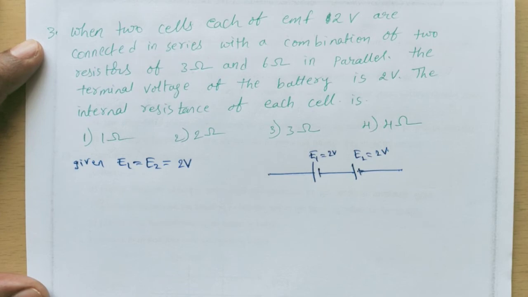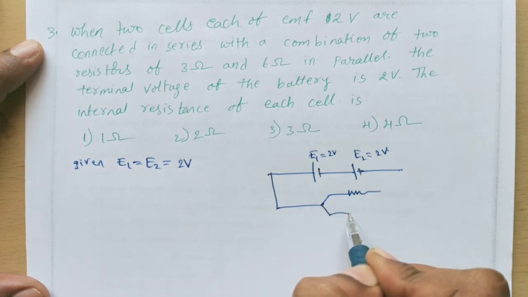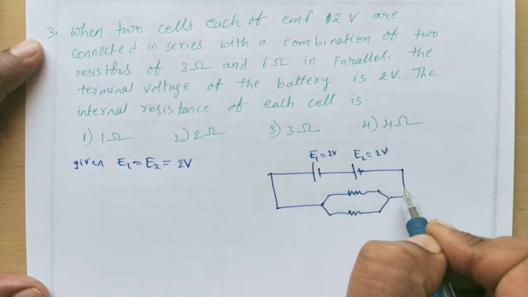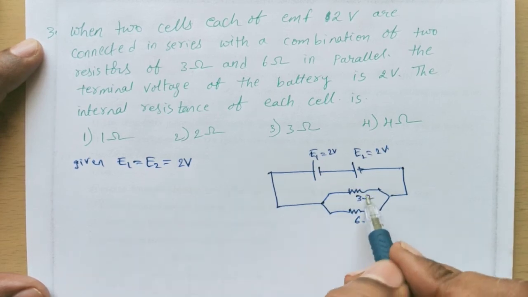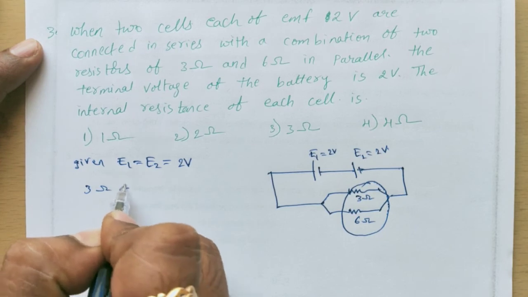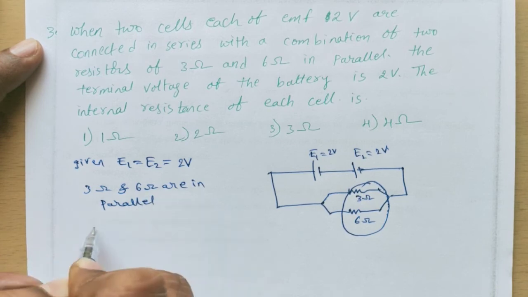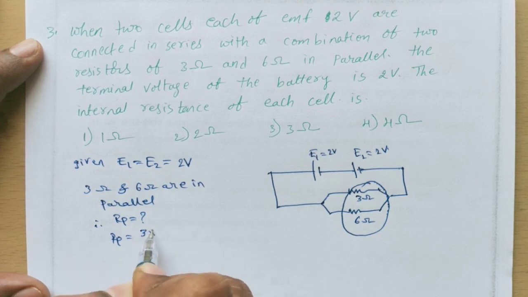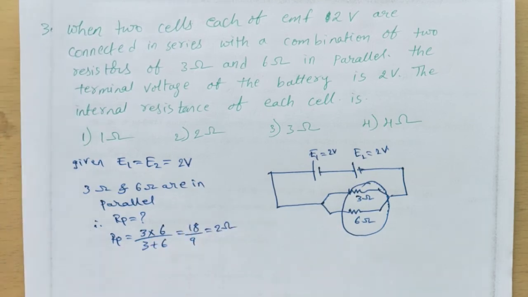Okay, and two resistors connected together but both are parallel to each other. So here one resistor and this is another resistor are connected like this. Here 3 ohms one value is given and 6 ohms is given like this. These 3 ohms and 6 ohms are in which combination? Parallel combination. Here 3 ohm and 6 ohms are in parallel. Both are in parallel means therefore here we want to find out RP value. So RP value is equal to, we have the formula R1 R2 divided by R1 plus R2. Based on that one, 3 into 6 divided by 3 plus 6, here 18 by 9 is equal to 2 ohms. 2 ohms is the resistance.